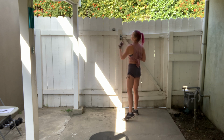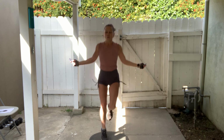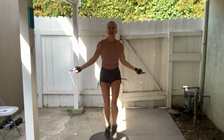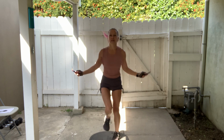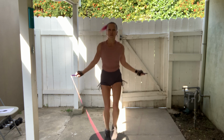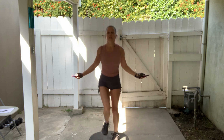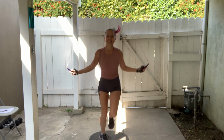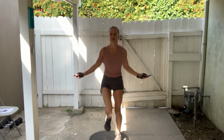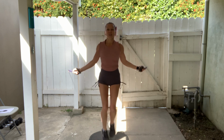So my timer is going. I'm gonna start with my first set of 100, so counting 100 revolutions of the jump rope like this. 1, 2, 3, 4, 5, 6, 7, 8, 9, 10, 20, 30, 40, 50, 60, 70, 80,